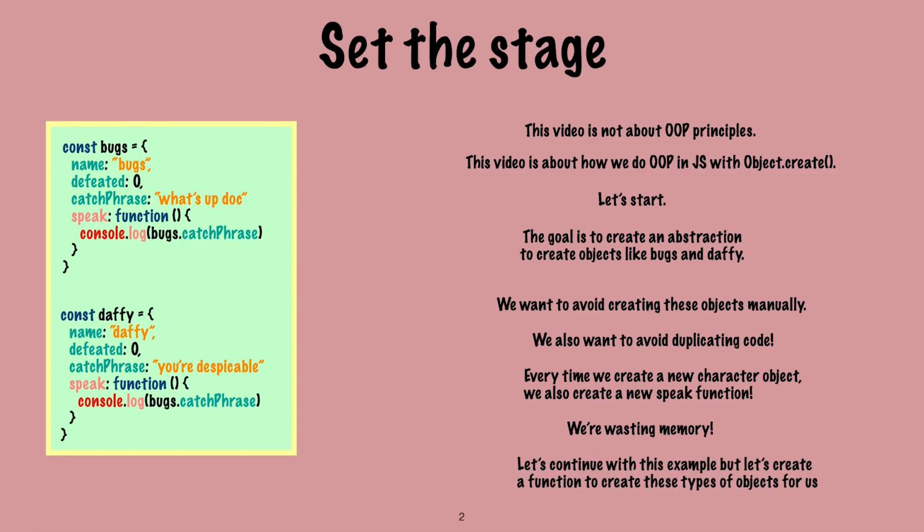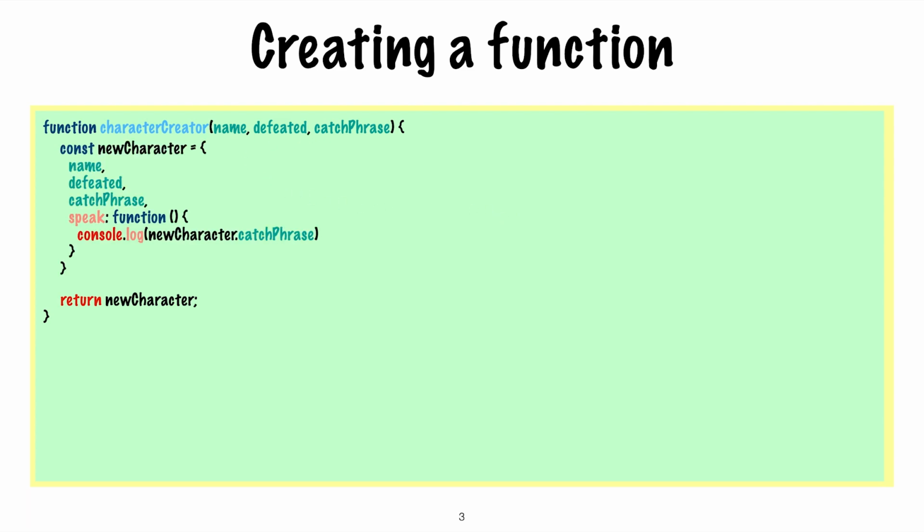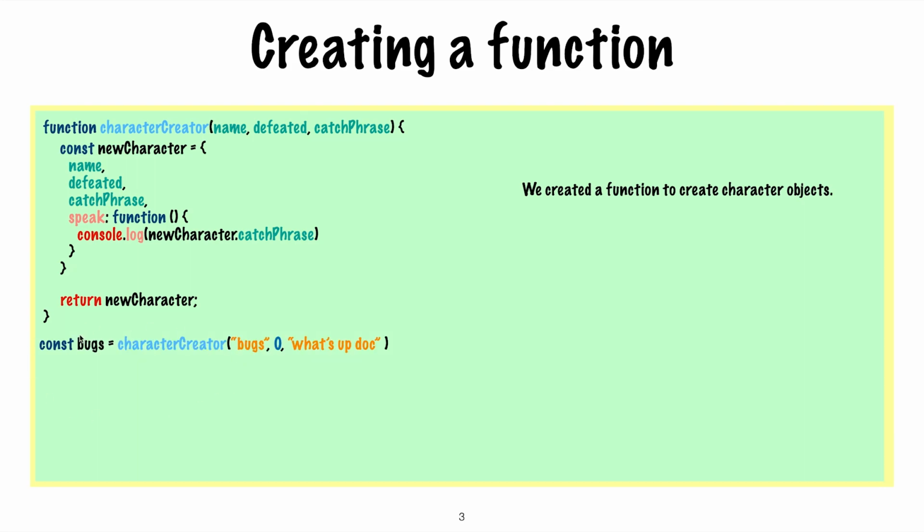Okay, so let's continue with this example, but let's create a function to create these types of objects for us. Let's create a function to create characters, and here we have three parameters: name, defeated, and catchphrase. Okay, so here's the code. As we can see, not much changed. We created a function to create character objects, and let's go ahead and create two, one for Bugs and